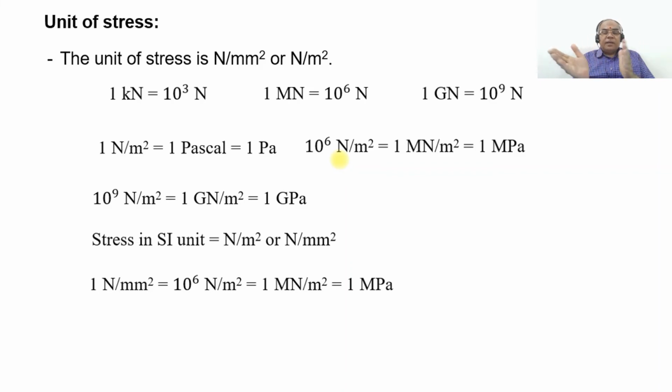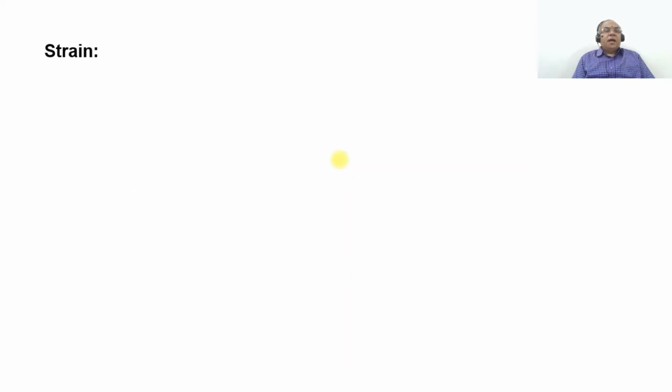If it is given in MPa, you can take the problem directly in Newton per mm square. Basically, these are very essential conversion factors which are going to be helpful when you are trying to solve problems, so bear them in mind. Similarly, 1 Newton per mm square becomes 1 meganewton per meter square or 1 MPa. And then